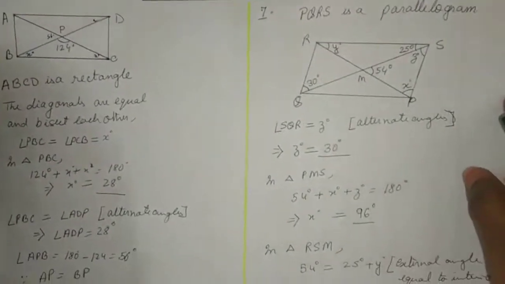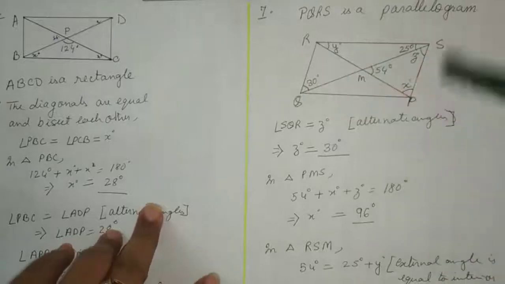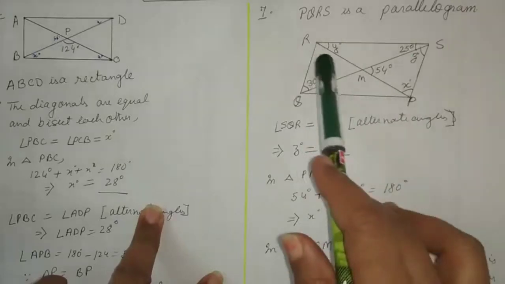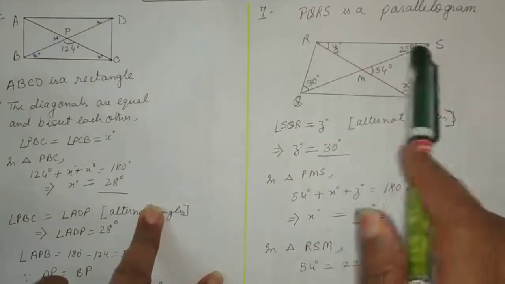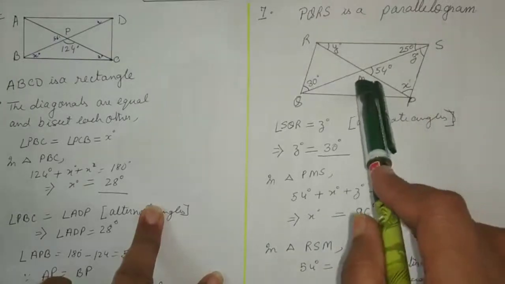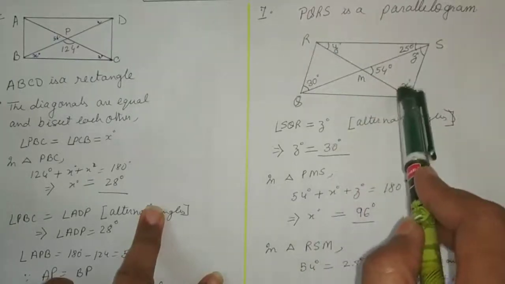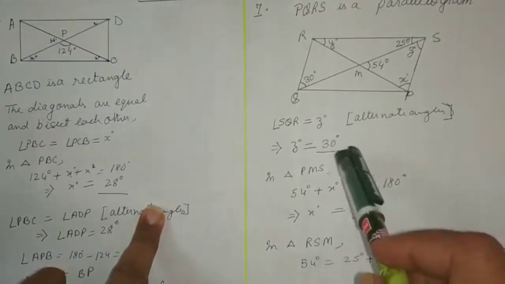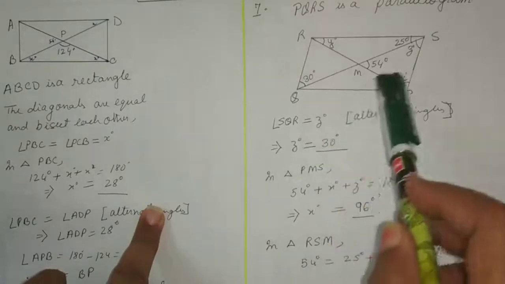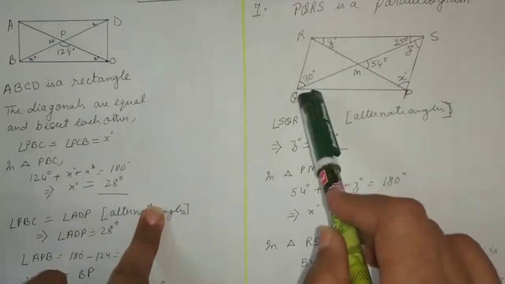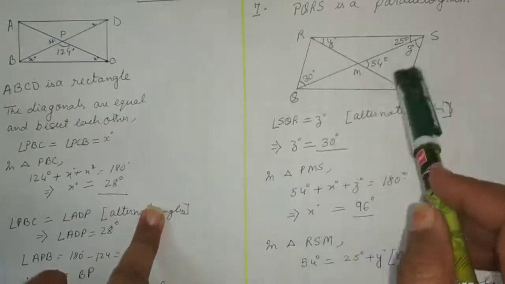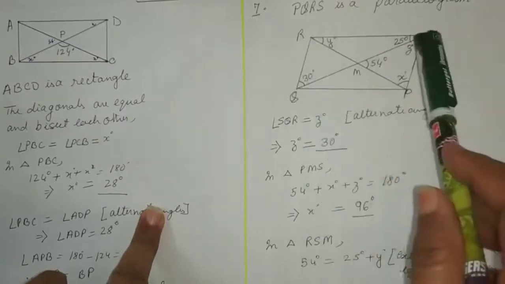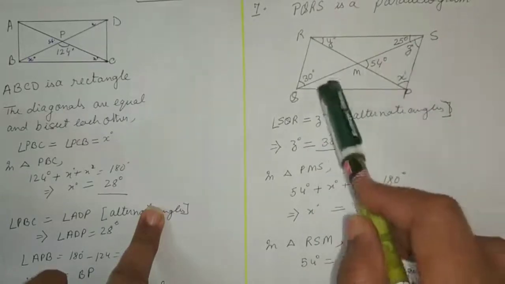Next question, number 7. PQRS is a parallelogram, and in the parallelogram the diagonals meet with different values of x, y, z at M, and these are the angles, and some of the angles are mentioned to you. You have to find the unknown angles. Now according to the figure, SQR and QSP are equal because they are interior alternate angles as the opposite sides are parallel. So Z is equal to 30 degree.